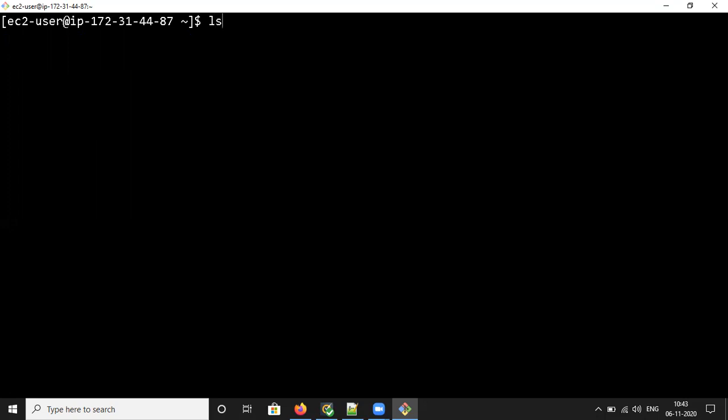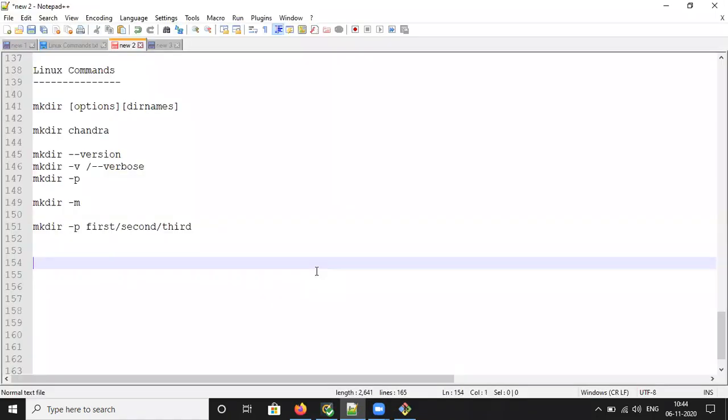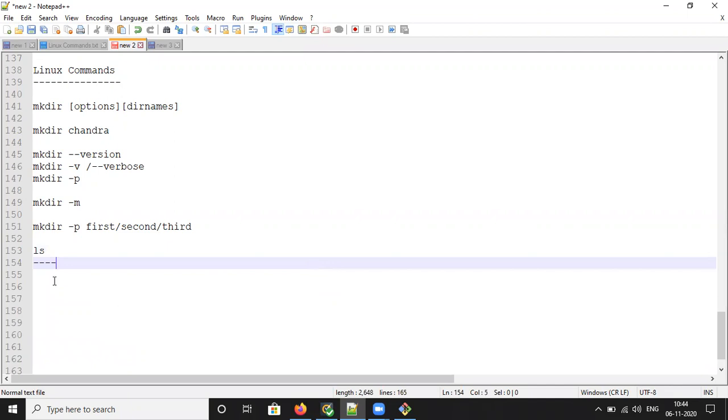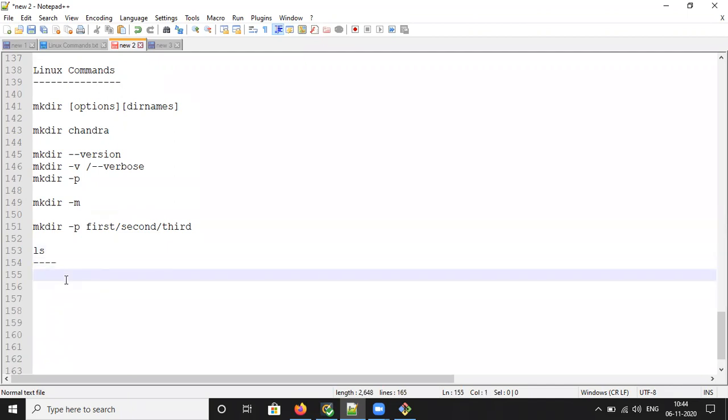It will display the directories and files which are available in the current directory. We'll discuss several options using the ls command.